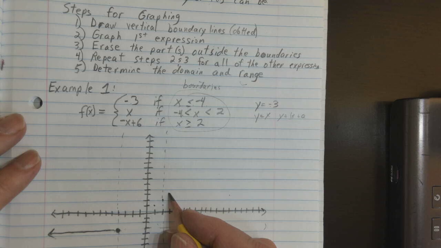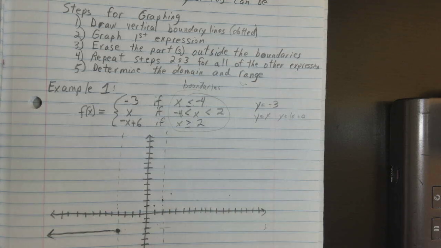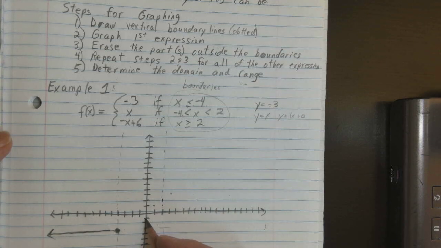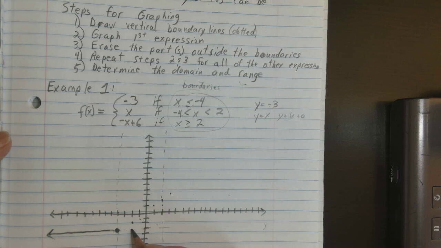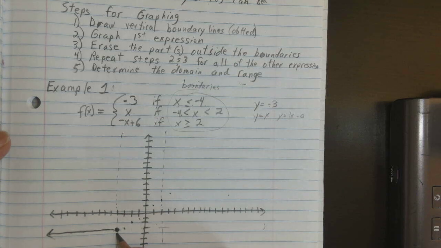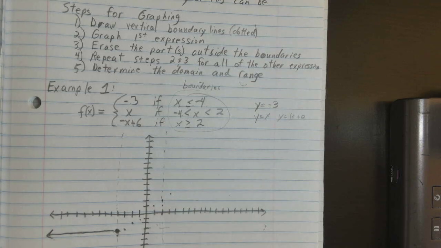Up 1, right 1. Okay. I'll go down 1, left 1. Down 1 from here, left 1. Down 1, left 1. Okay. Now, I'm going to get a